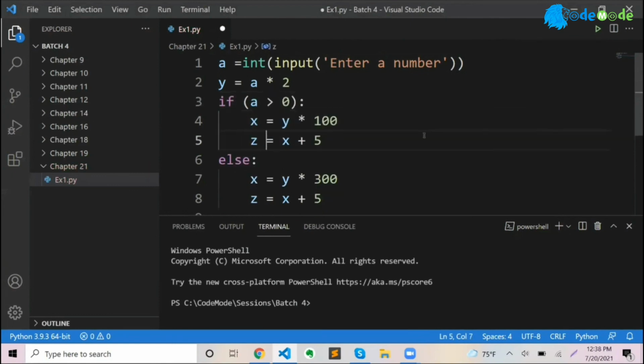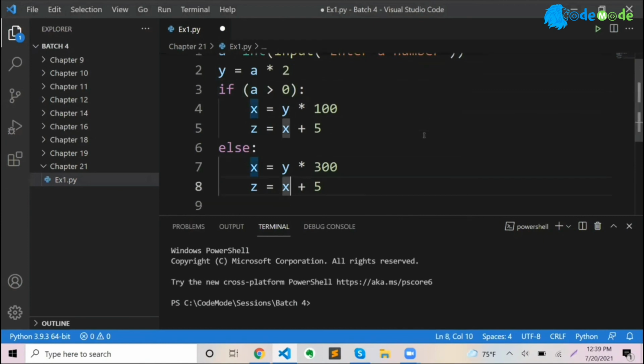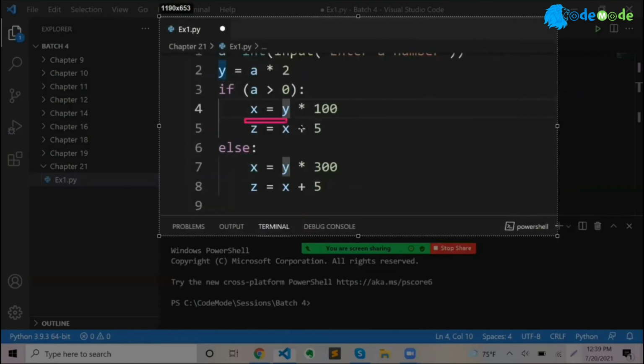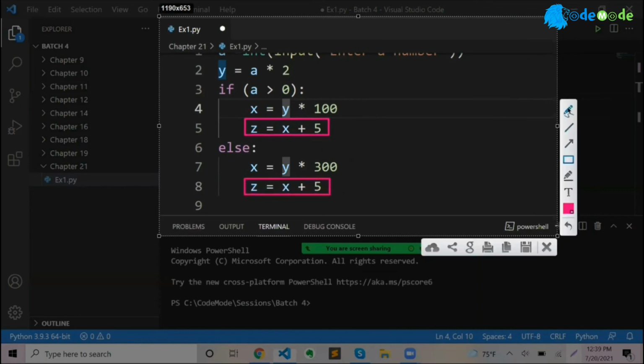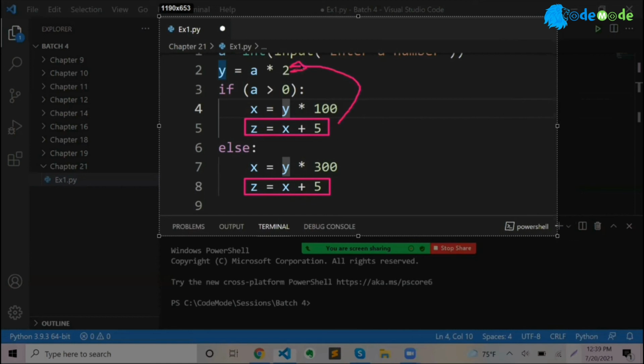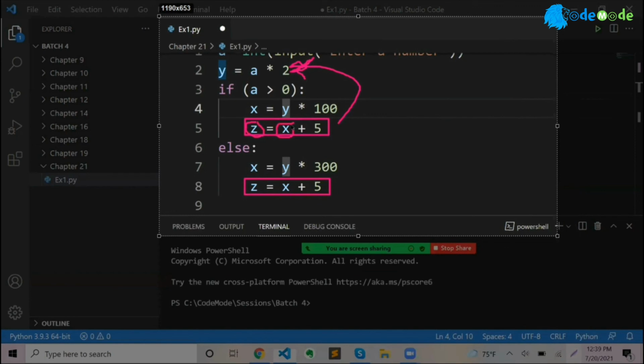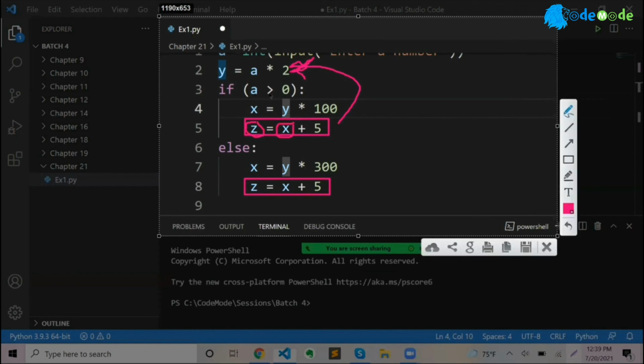I can do this. But suppose our code is z is dependent on the value of x. And the value of x is depending on the condition. Then even though line number 5 and 6 both are the same, you notice this line is again the same between if and else. So what do we do? Should we move it up here? Up here? We can't. Why? Because z is calculated based on x, and x is actually dependent on your variable a, the condition. So only after you calculate x, you can calculate the value of z.